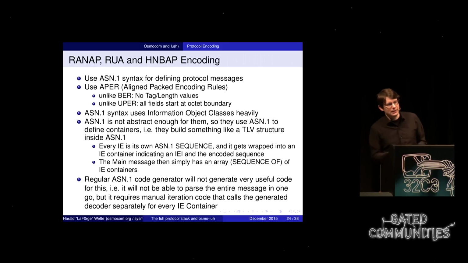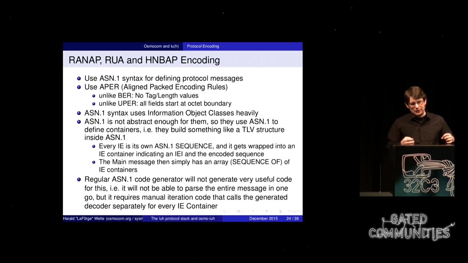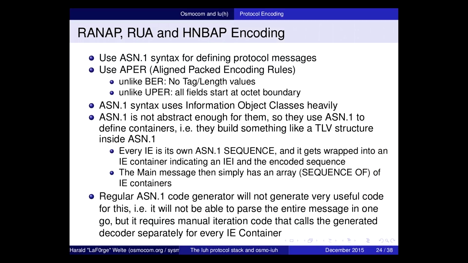And the second big problem is the ASN1 syntax used in those protocol specs uses a construct called information object classes, which is sort of an interesting way to have a different notation on how to construct those messages and how to construct operations that have an initiating request, a successful response, a successful error outcome, or something like that. You can express that in a really nice way, but then you need a compiler and a code generator that can parse that. And that's really difficult in the free software world within some constraints. I'll get into the details.